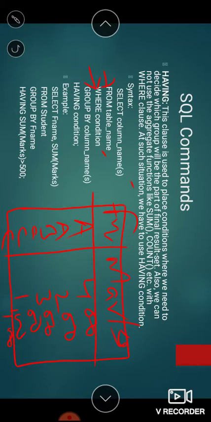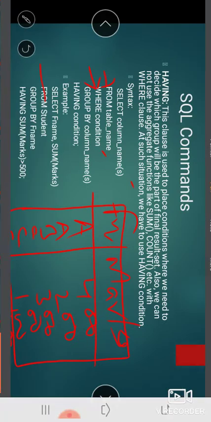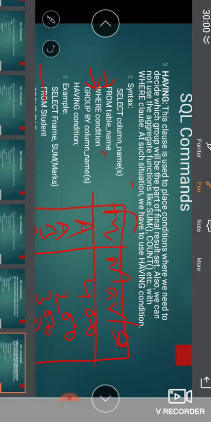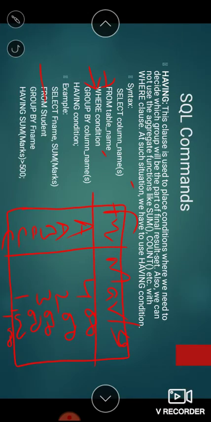Here we are using the having condition. So first we see from student, then group by f name. Group by f name will give you three f names, a, b and c.